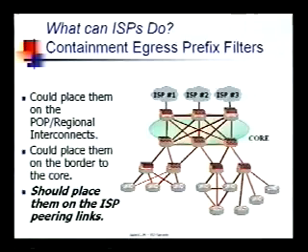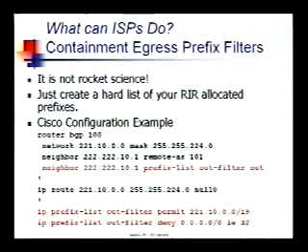And this is how, with something like this, you can lose containment, and a problem that's caused by one of your customers will be propagated out to the rest of the world, right? And again, setting up this containment filter is not rocket science, because here you're allocated a block